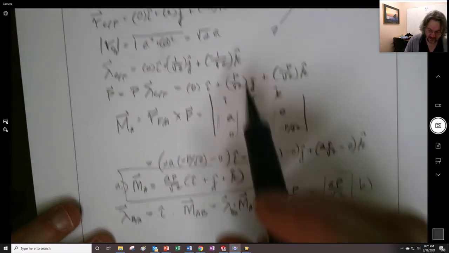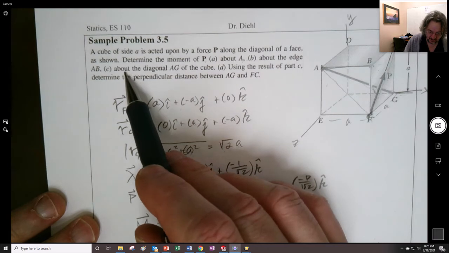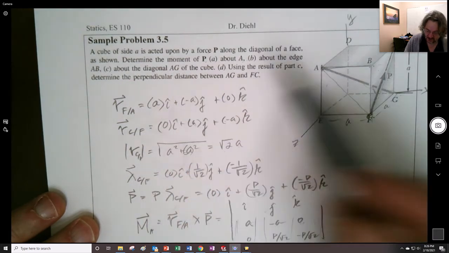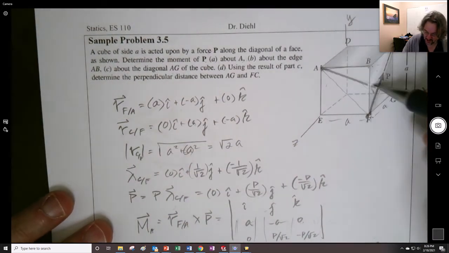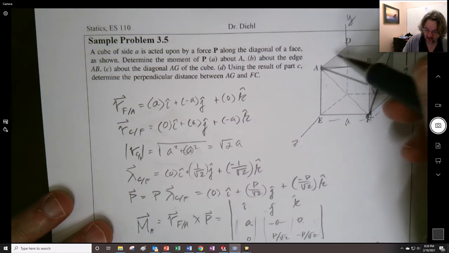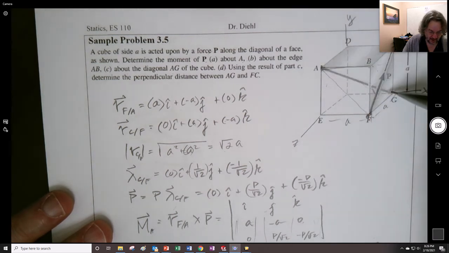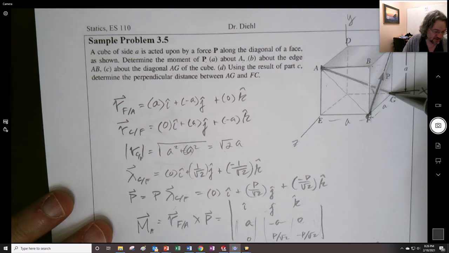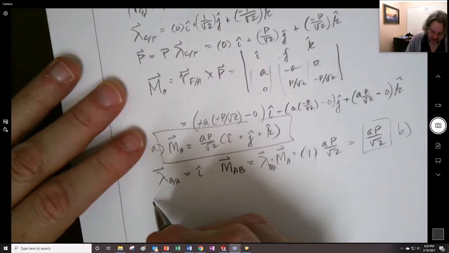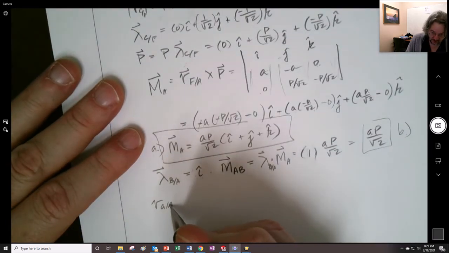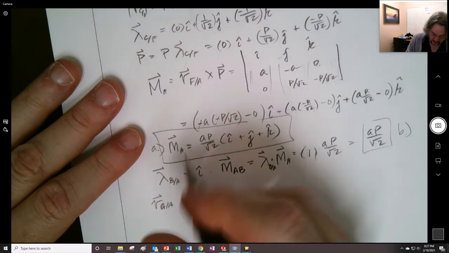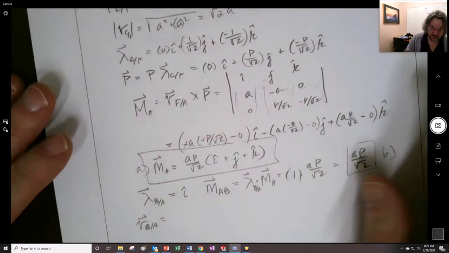And then the next thing we wanted to know was about the diagonal AG of the cube, right? So this AG is coming along right there. So what we really want to find is G with respect to A. Yeah, sure. So we get RG with this is supposed to be a G. It doesn't look like a G, does it? With respect to A is going to be,